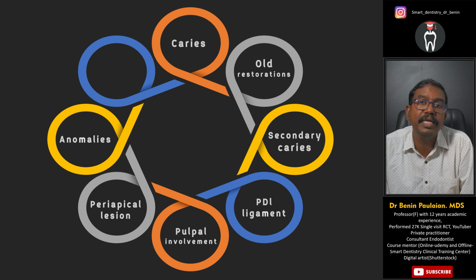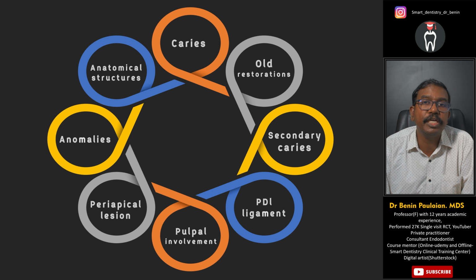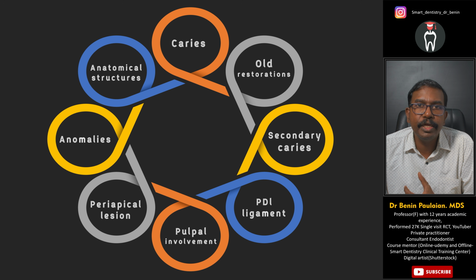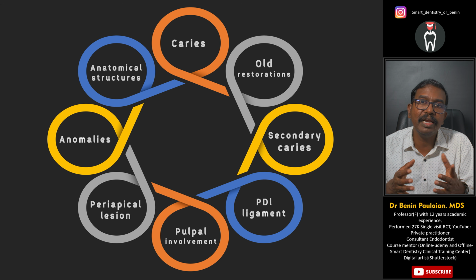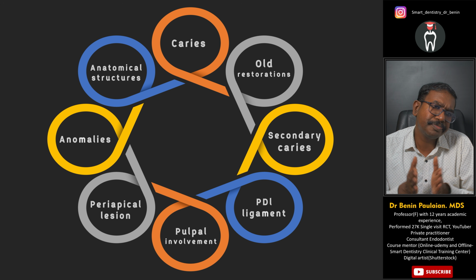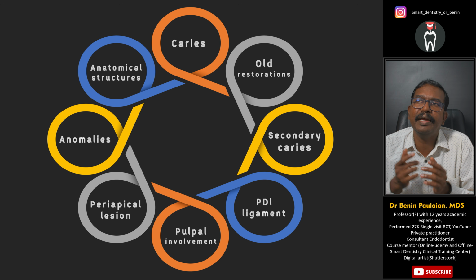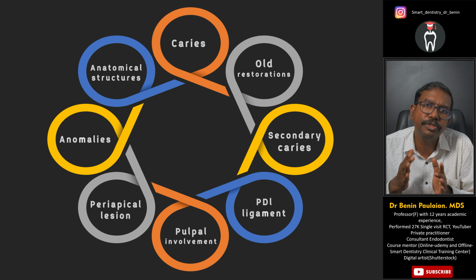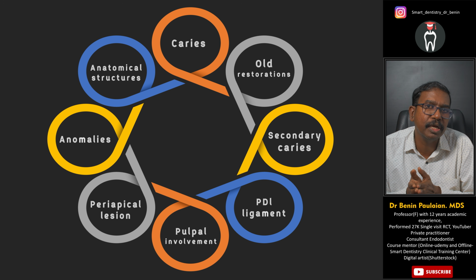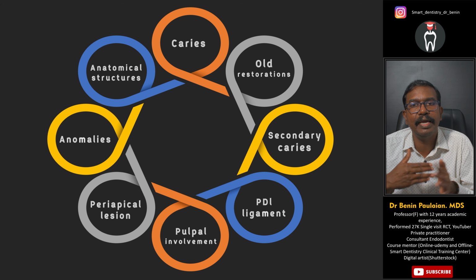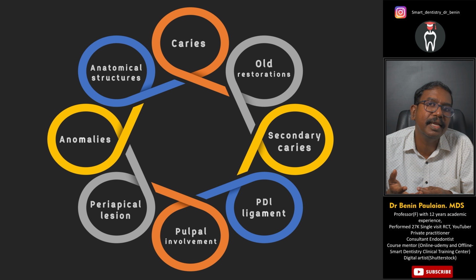The important ones are the anomalies and looking for the anatomical structures. When you are early in your clinical practice, whenever you see anything which is devoid, it might look like an abnormality. So there are many anatomical structures, especially the mental foramen between the two mandibular premolars. We have to be extremely careful while making a diagnosis, because a periapical lesion of a mandibular premolar and the mental foramen both might give a similar look in a radiograph,